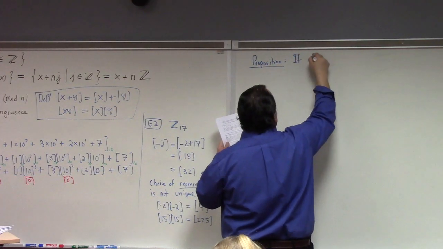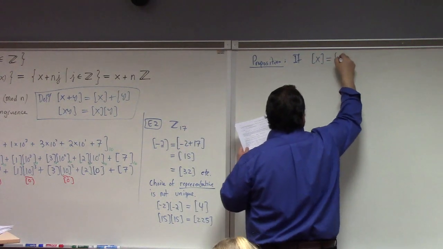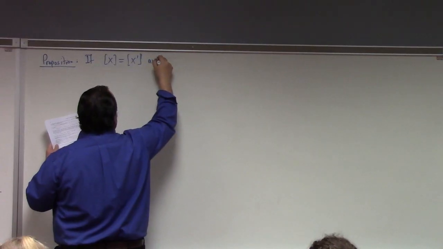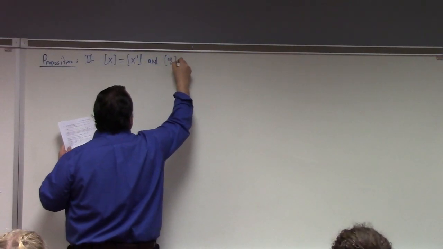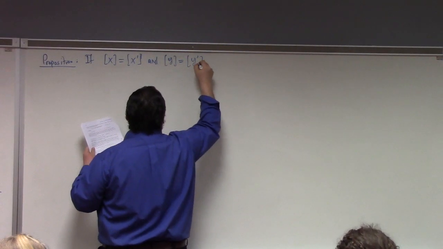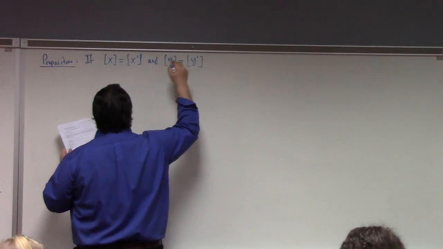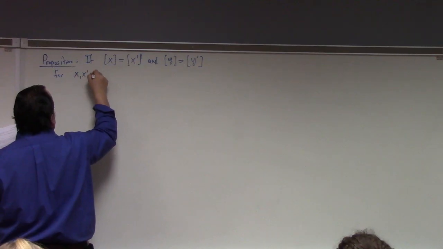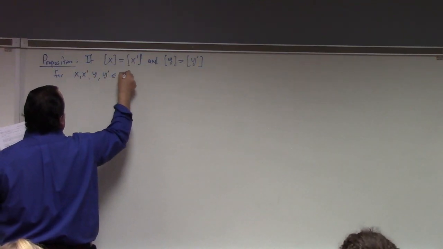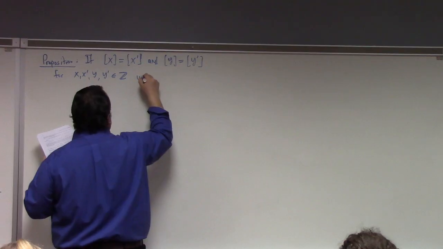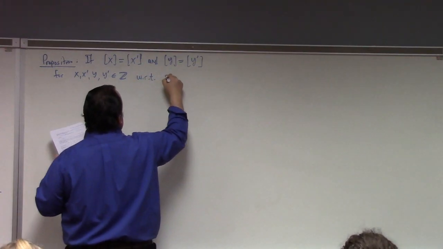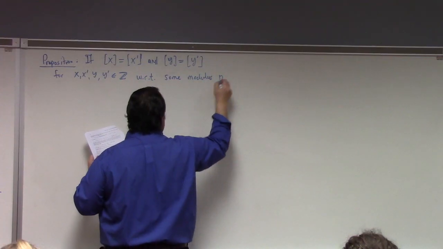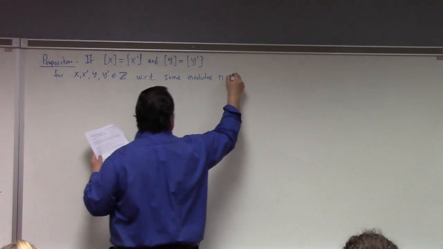If the equivalence class represented by x is equal to the equivalence class represented by x prime, and the equivalence class represented by y is equal to the equivalence class represented by y prime, for x, x prime, y, y prime in Z with respect to some modulus n, all right? Then,